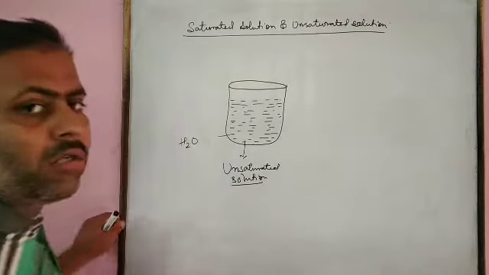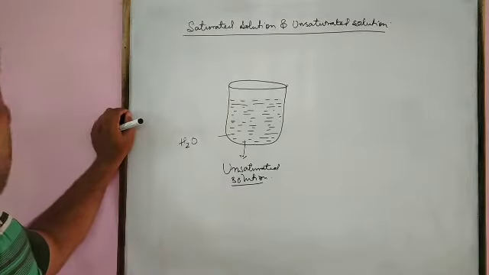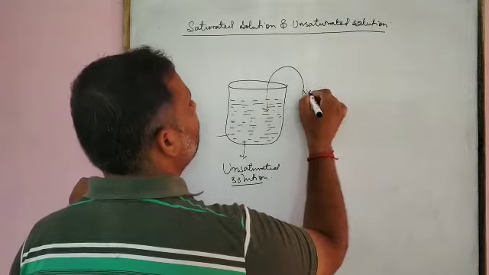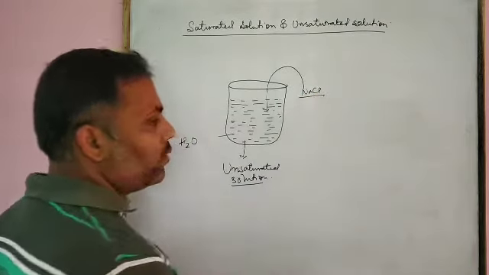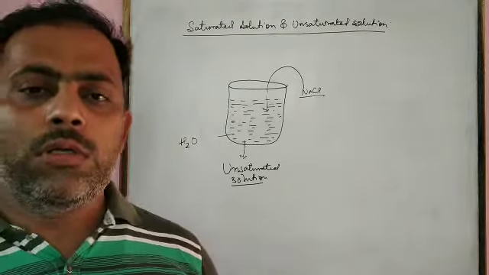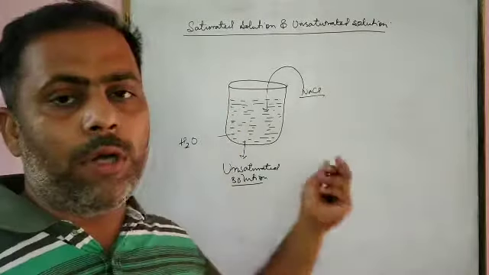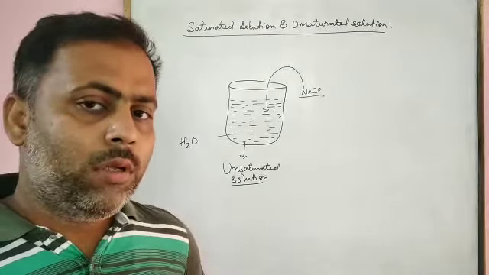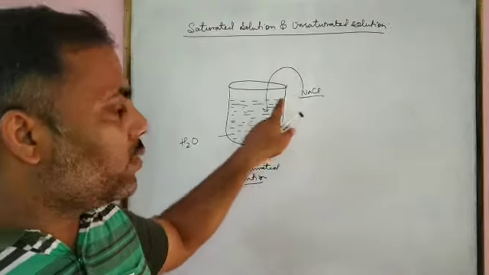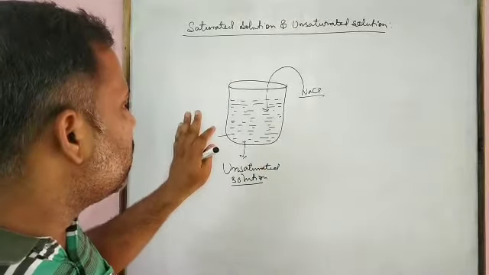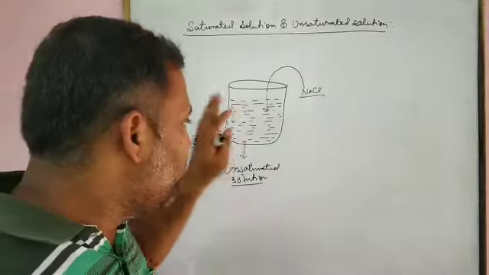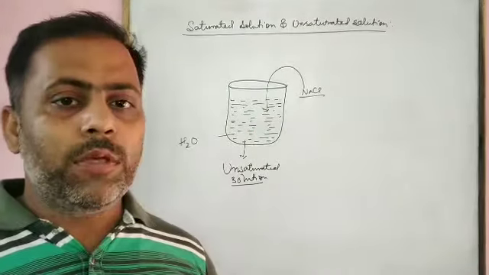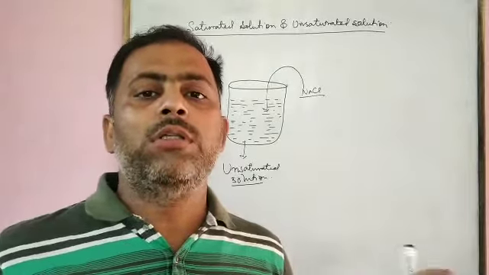Why is it so? Let us discuss. Let us dissolve salt, NaCl, into it. On dissolving 1 teaspoon of salt, it is going to dissolve completely. Dissolution is a kind of physical process. When sodium chloride is dissolved in water, it completely vanishes. It means it is dispersed in the solution and will not settle at the bottom. Dissolution means it disperses in the solution.